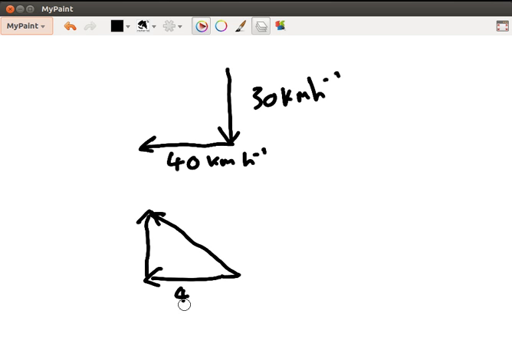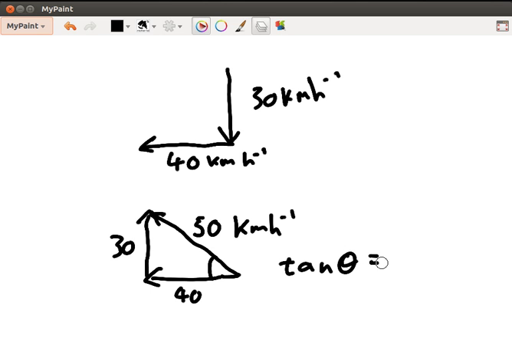Now if I know that B is 40 kilometers per hour, I'll leave the units out, and this is 30. 3, 4, 5, that must be 50 kilometers per hour according to simple trigonometry or geometry. So it's 50 kilometers per hour, and if I want to know the direction, that angle there, well, I know from trigonometry that tan theta equals the opposite over the adjacent. In this case, it's going to equal 30